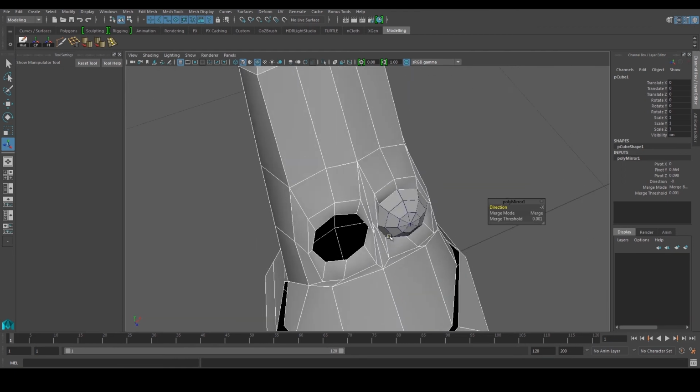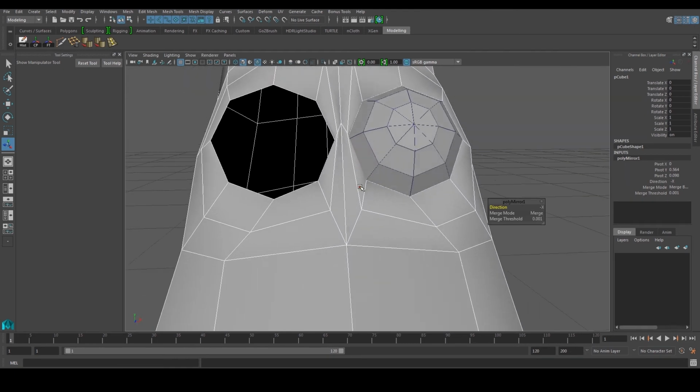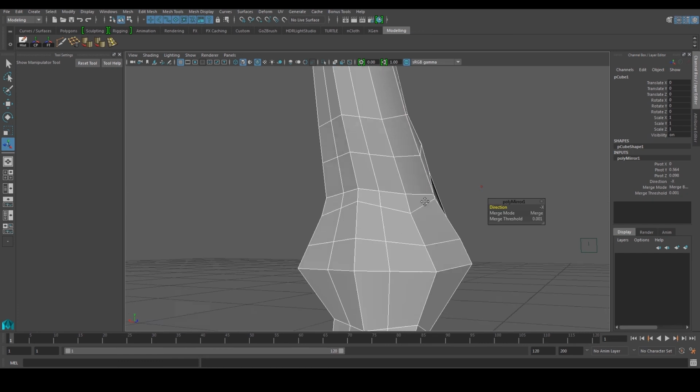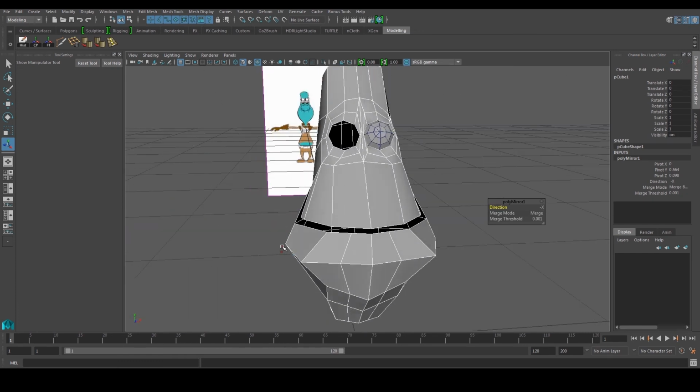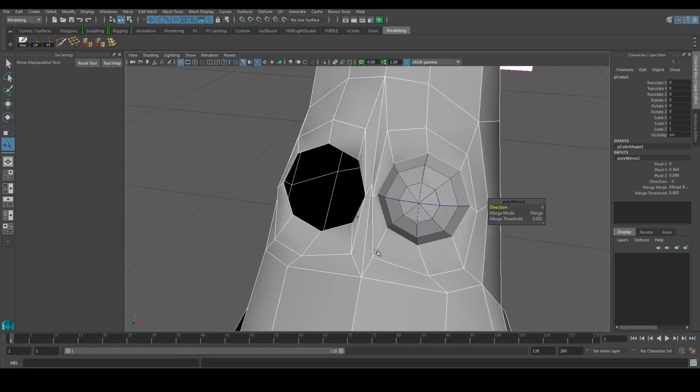Okay, now once we do that, we sometimes might run into issues. For the most part, for this guy, it's kind of okay. But if you run into issues, like say some of these vertex are too close and they start to snap to each other, what you can do is over here on the right side under merge threshold, I already changed mine as default to 0.01.